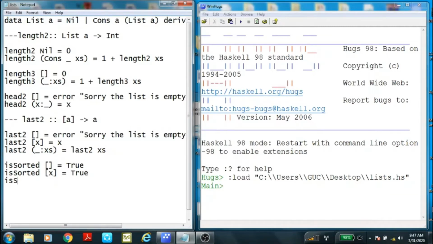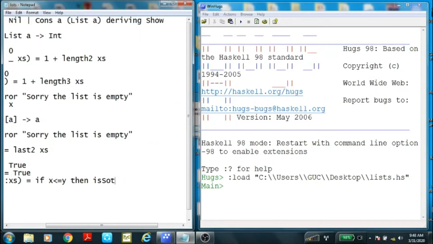Now, if the list consists of more than one element, then the whole thing will look as follows. You are having x colon y, where x is the first element, y is the second element, and last but not least, I will be having a rest list, xs, in this case. What I have to do is compare the x and the y. And if my x is less than or equal to y, in this case, I will know exactly that what I have to check is whether the list consisting of a first element, which is y, and xs, is